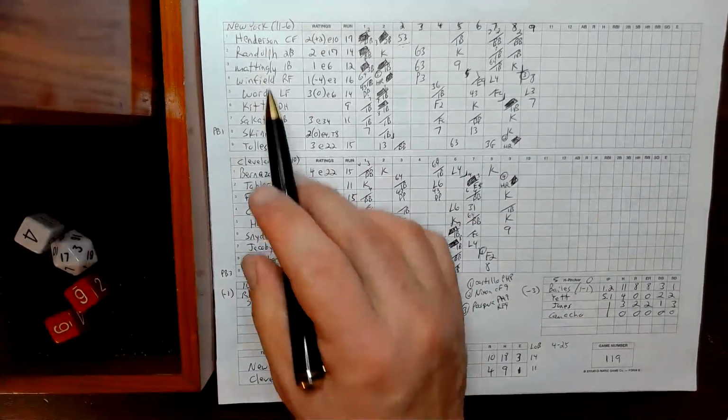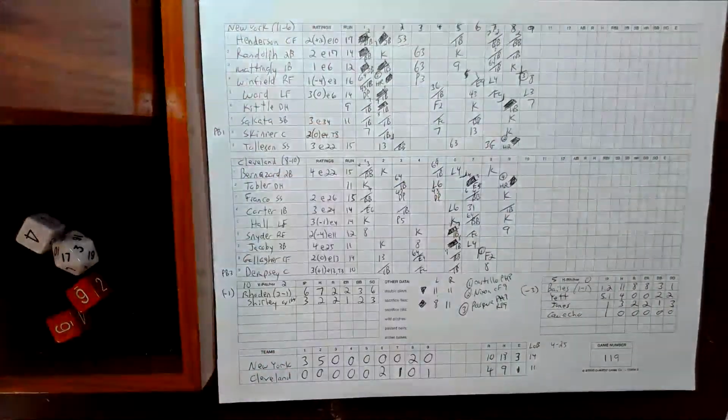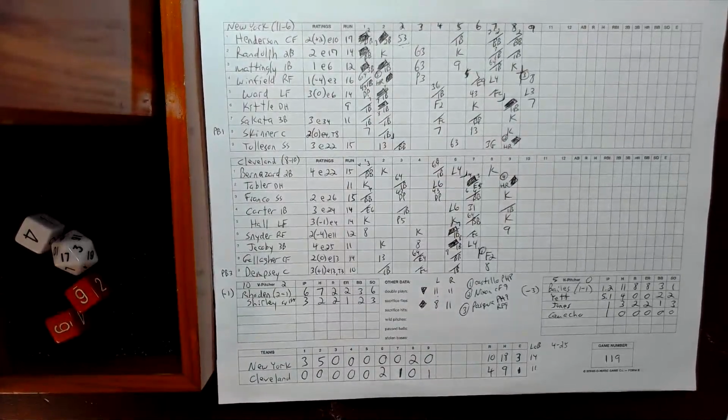Indians drop to 8-11. Yankees go to 12-6, and we are now through April 25th. We've made it to April the 26th. We'll get the standings,